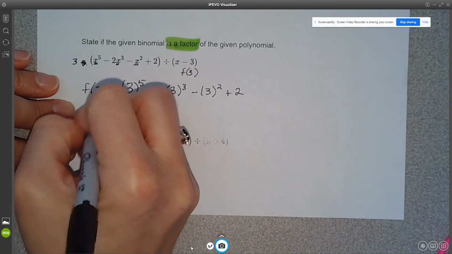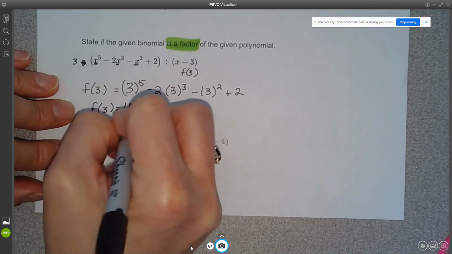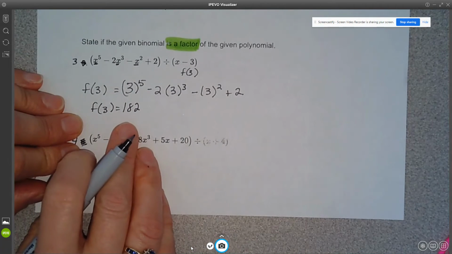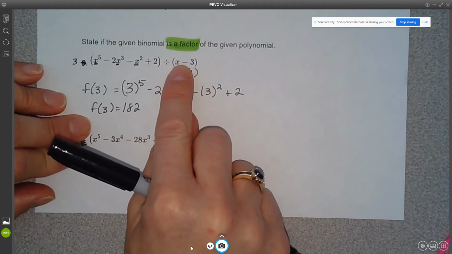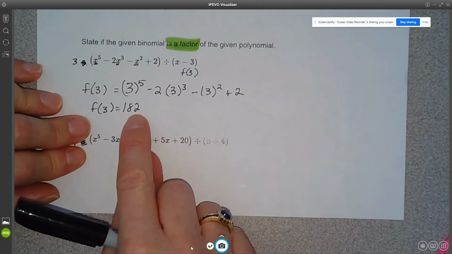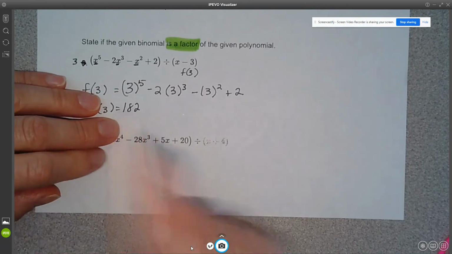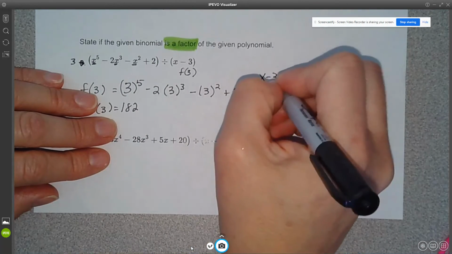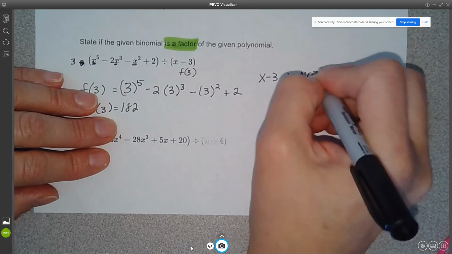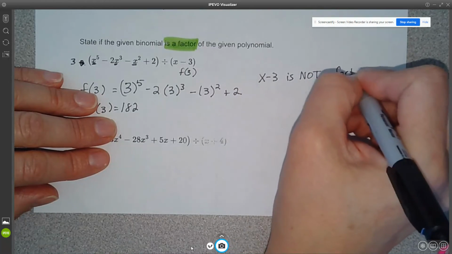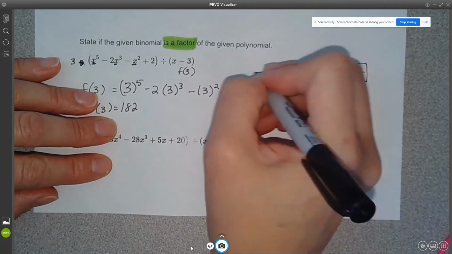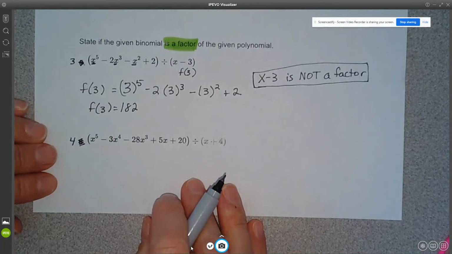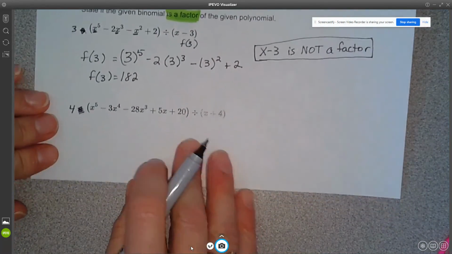So I'm going to write here that f of 3 is 182. Well, 182 is not 0. So remember, in order for x minus 3 to be a factor, this number needs to be 0. Well, since it's not, I can say that x minus 3 is not a factor. And this is our answer. x minus 3 is not a factor. Okay, if we look at number 4,